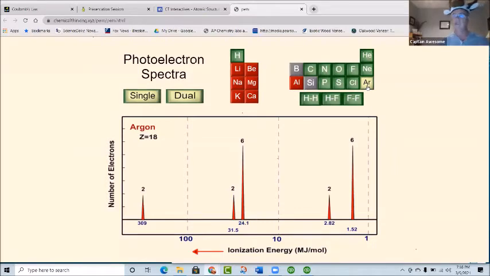You don't have to understand how the machine works. You just have to analyze the data. So you can look at something like this and you're like, yeah, but how do I know which one's which? Just pay attention to which ones are going to be attracted the most to the nucleus, right?